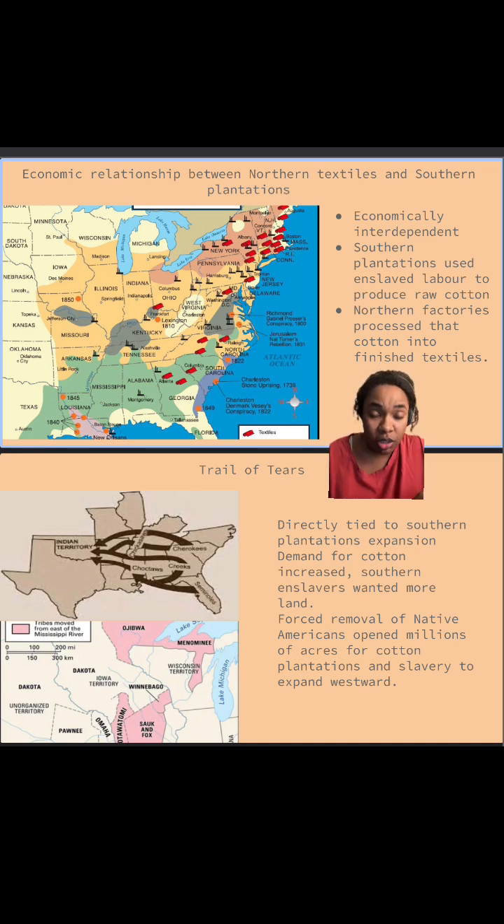Economically interdependent. The southern plantations and the northern plantations used each other despite their disagreement on a few things. The southern plantations used enslaved labor to produce raw cotton, while the northern factories processed that cotton into finished textiles. Below, we also have the Trail of Tears. I really didn't know about this, so it was very shocking to know